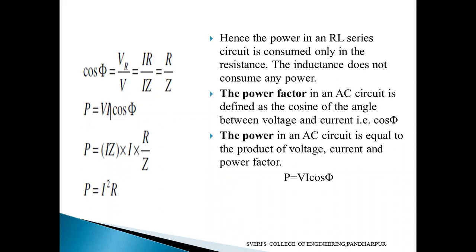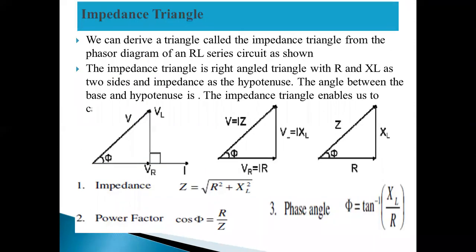Okay. So now listen carefully here. Now we'll discuss the impedance triangle. From the phasor diagram, we already know that the resultant is V, the opposite is VL, and the adjacent is VR. VR is in phase with the current. We have already discussed that. So same thing, V equal to IZ we can write down.